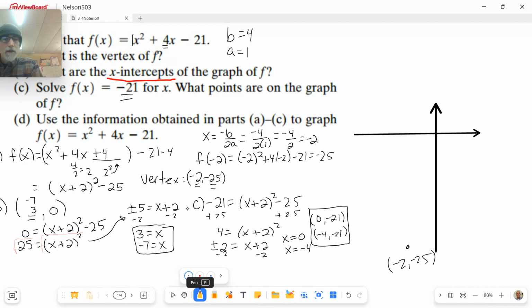We do have a vertical stretch of 1, like a standard y = x² type parabola here. So if I go over 1, I would go up 1, and let's say it's right here, that's where -24 would be. So this was -25 down here, right? If I go over 2, I should go up 4, -23. Oh boy, my scale looks terrible. -22,